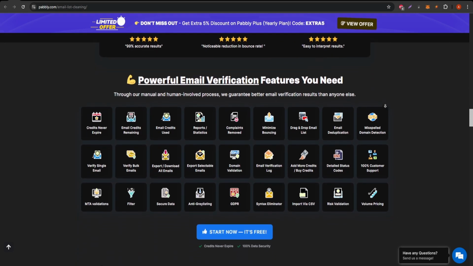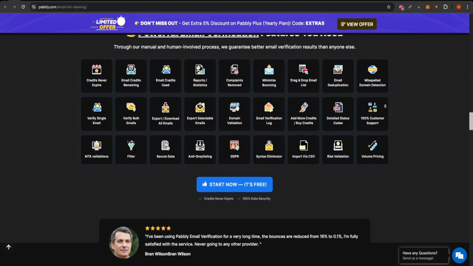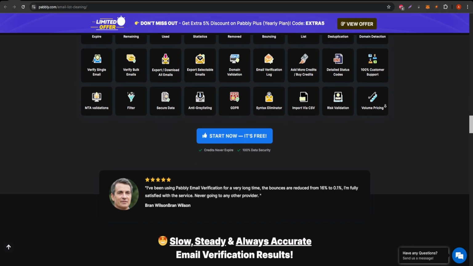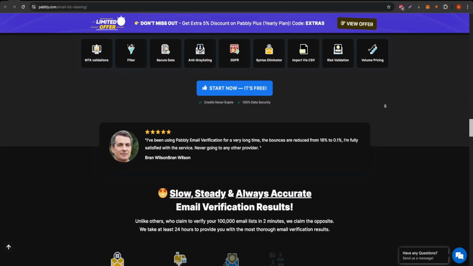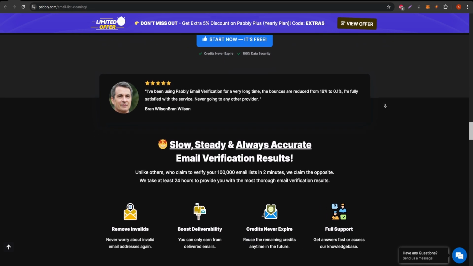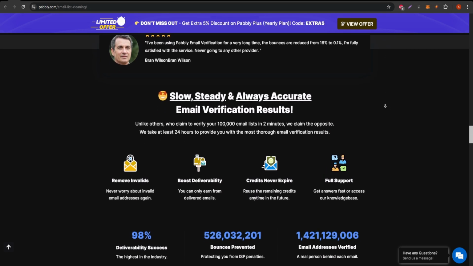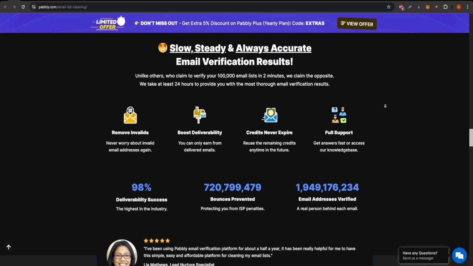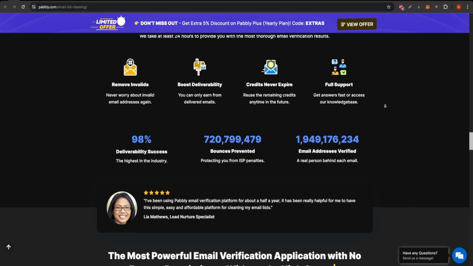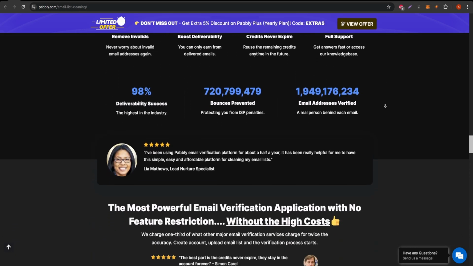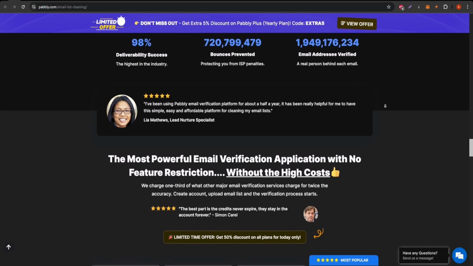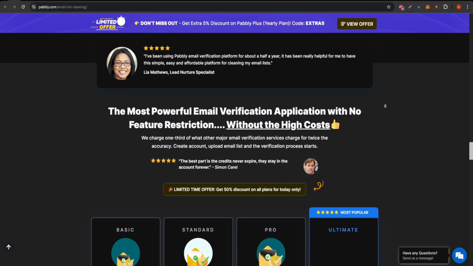Real-time verification. If you need to verify emails one at a time, Pabbly offers real-time verification, so you can clean your list on the go. Affordable pricing. Pabbly offers competitive pricing based on the number of verifications you need, making it accessible for businesses of all sizes. You can choose from different plans that suit your needs, whether you are working with a small or